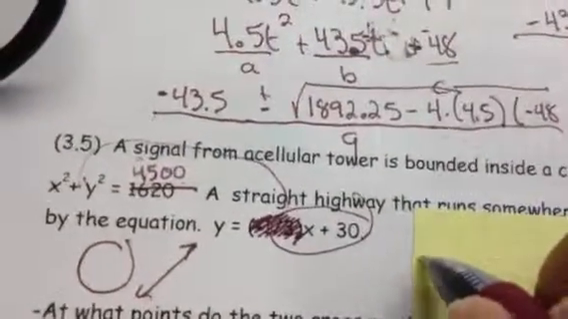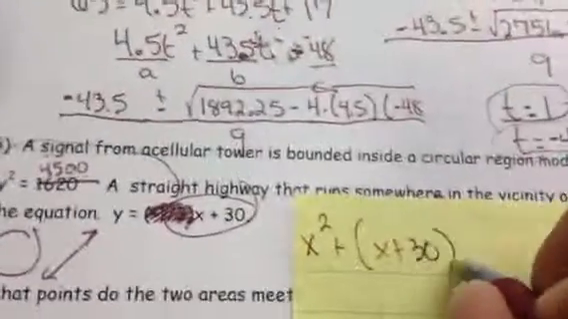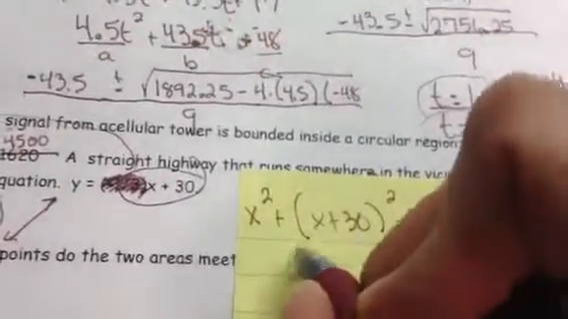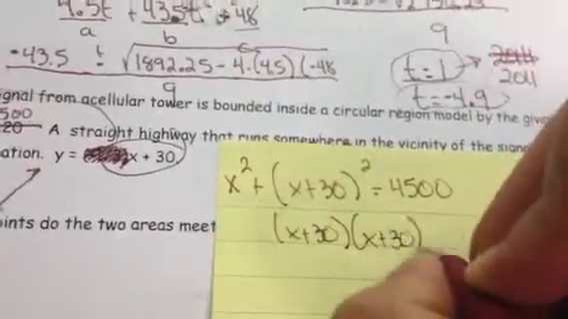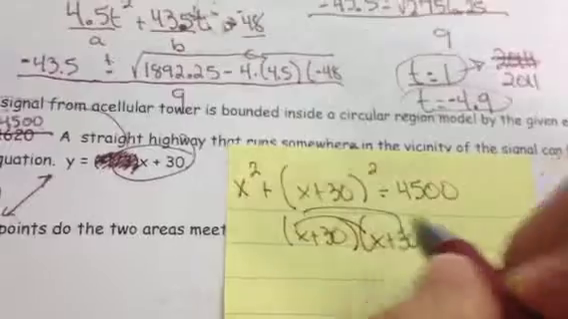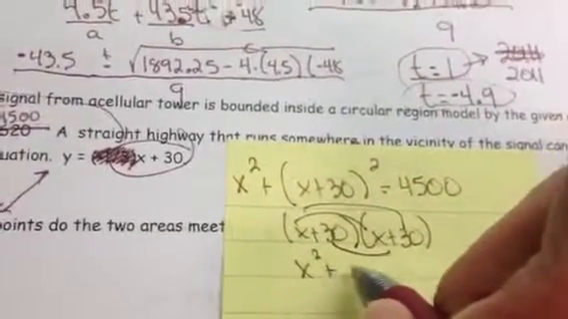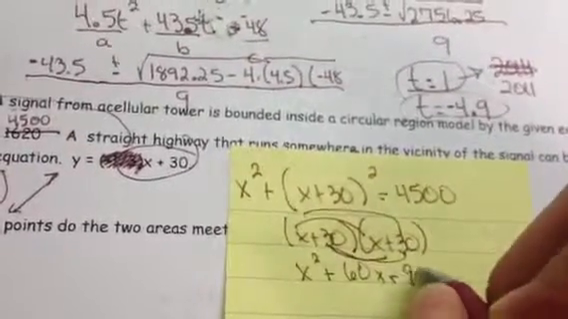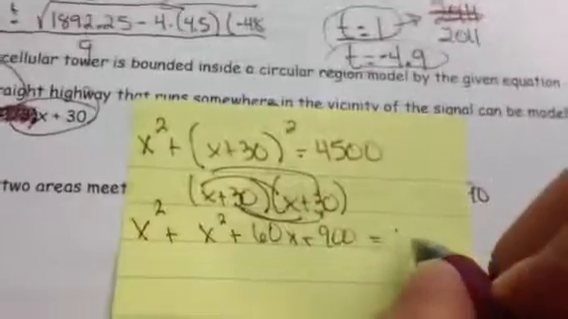So in for y goes this, equals 4,500. And now I'm going to do what this x plus 30 squared means, which is multiply them twice to each other. And I'm going to FOIL. I get x squared and 30x. But when I multiply this 30x in, I get another 30x, which will actually make that 60x, and then 30 and 30 is 900. I still have the x squared that I started with, and the fact that it equals